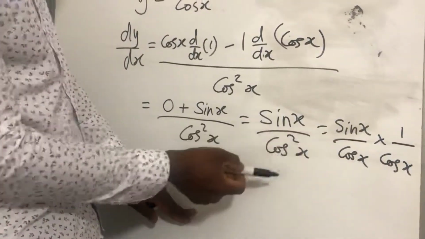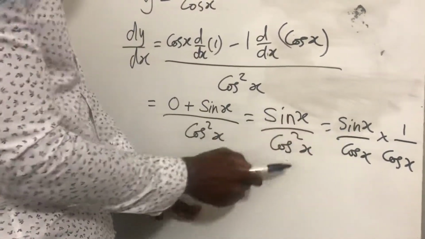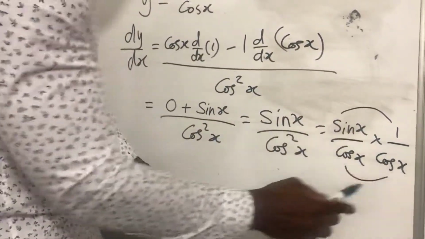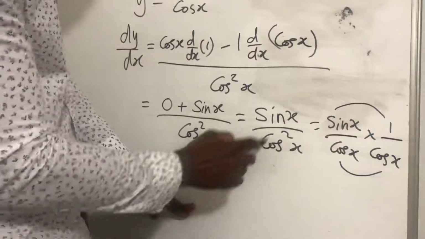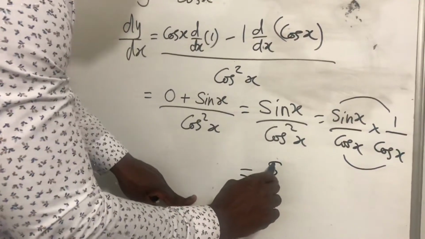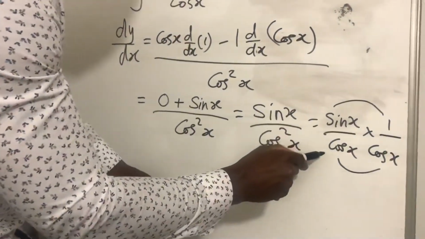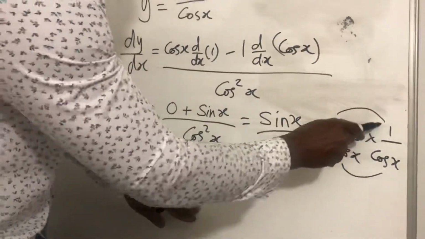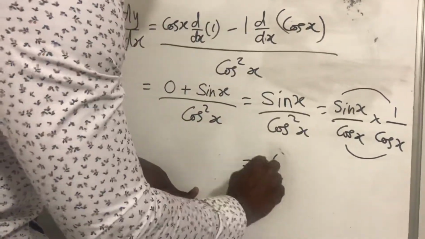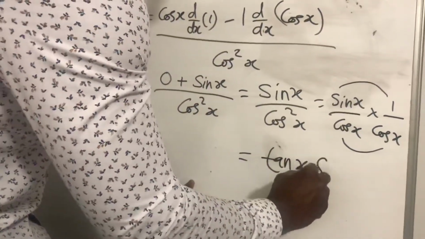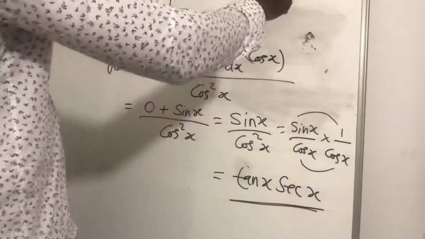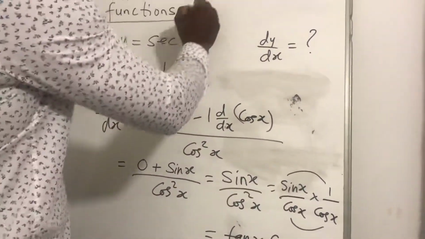And here you can understand why we've done this, because if we have two fractions to times, numerators will times together, sin x times 1 will give us sin x, denominators will times together, cos x times cos x will give us cos squared x. However, sin x over cos x will just give us tan x, and 1 over cos x will give us sec x. So we can write this as tan x sec x. That means differentiating our function y with respect to x, our final answer for dy/dx,